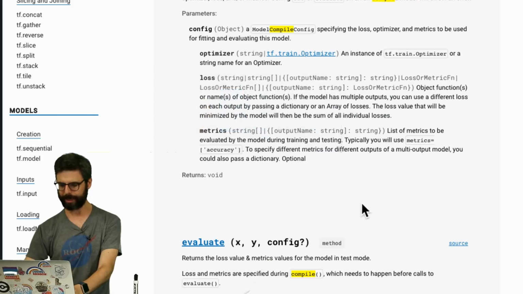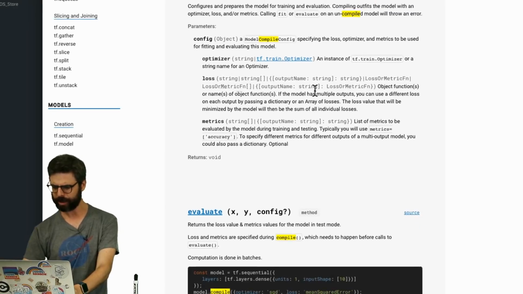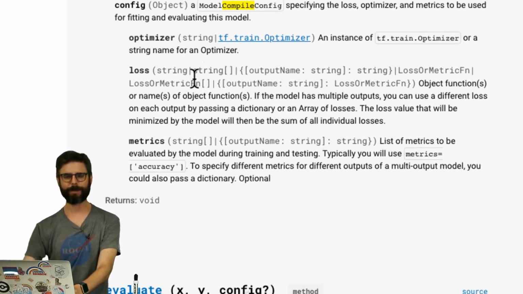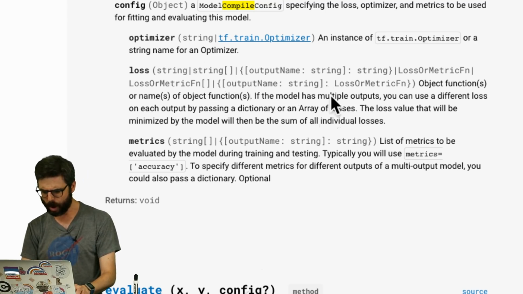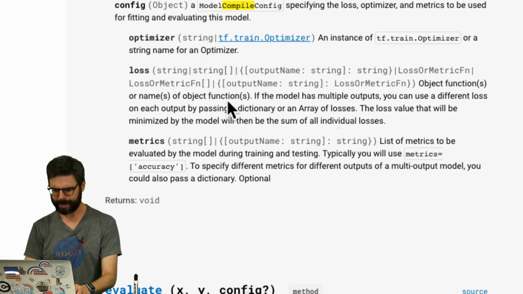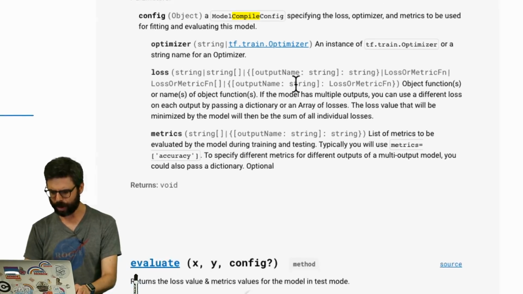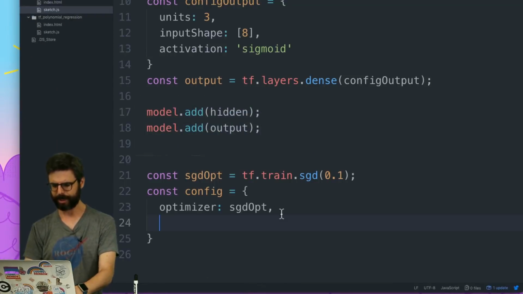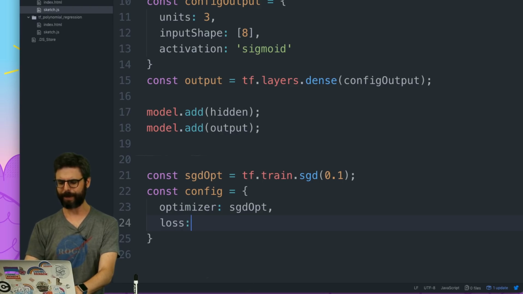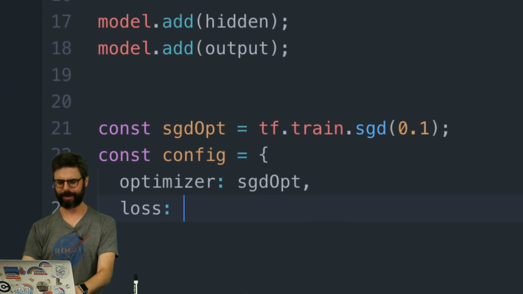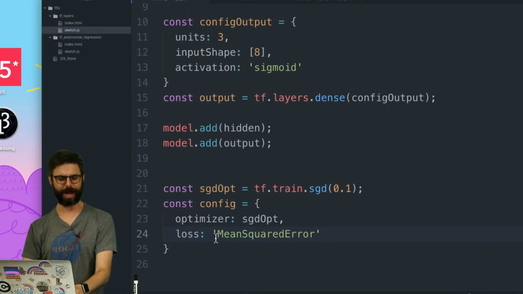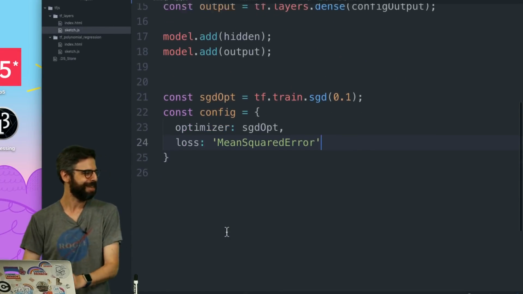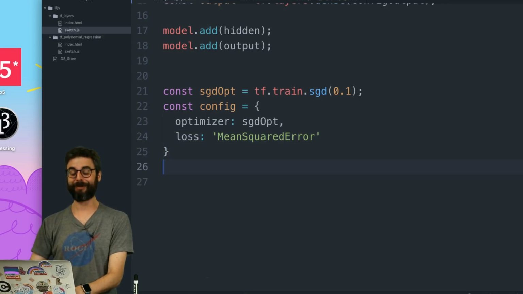Then what else do I need? A loss function. I could probably define my own loss function, or I can use a string. I'm not seeing here the options for the loss function strings, but basically what I want to add here is something like mean squared error as my loss function. I don't think that's right, but let's just see what happens if I say model.compile